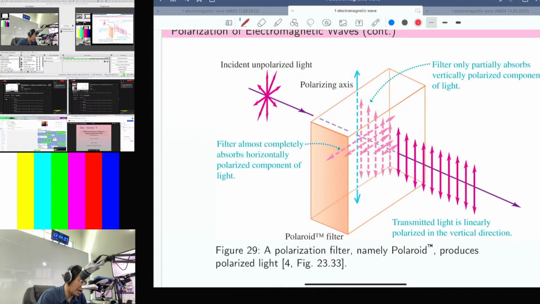Those are accessed easily, not with difficulty. So here is the original light that has several orientations of the E field, and one propagates through this